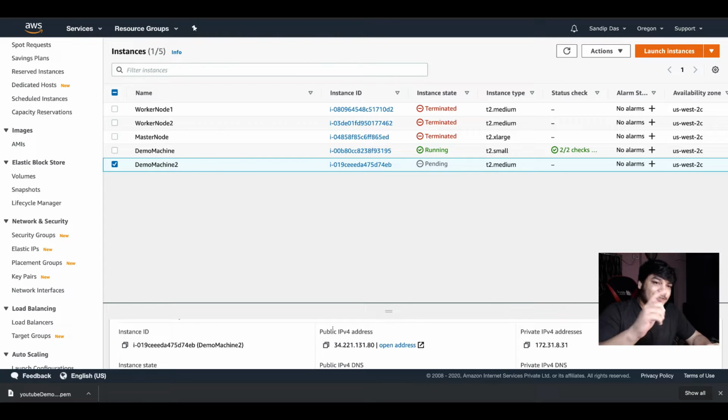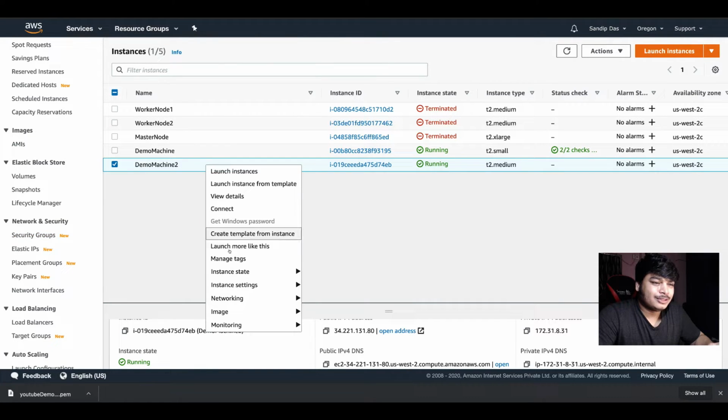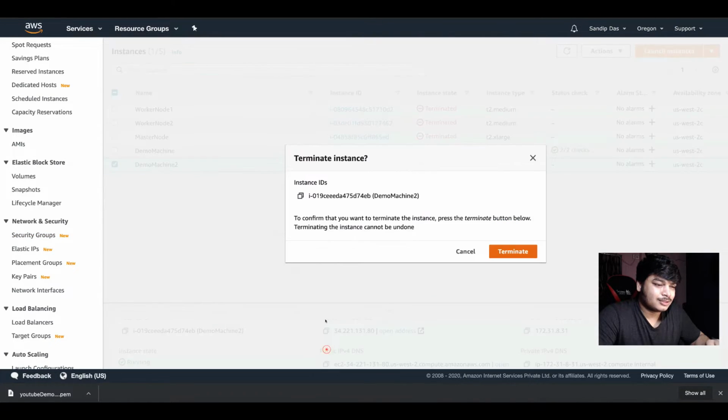See, the IP will change for sure. IP changed. Remember that if it's a normal instance and you're not using an elastic IP, the IP will change. If it's a static IP, that is an elastic IP, it will never change. You stop it here and see the IP is changed. Remember, if you stop it, it will release the IP. Then some other people can use it, and you will get whatever the next IP is available. You will use that one. Okay, so it's good. Now, if you're done with testing and all, you can always go and terminate the instance.